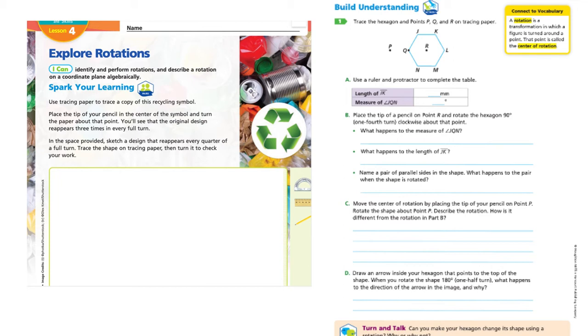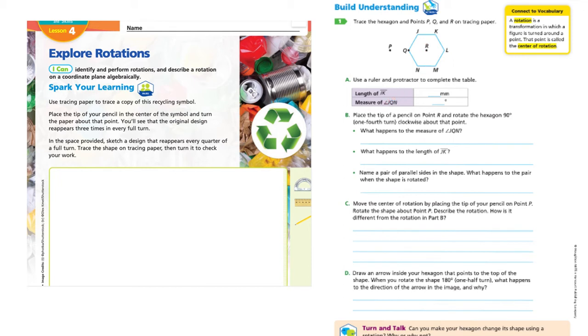Then it says C. This one's a little interesting. Move the center of rotation by placing the tip of your pencil on point P. So right here, you're going to put your pencil there. Rotate the shape about point P. Describe the rotation. How is it different from the rotation in part B where you used R as the point of rotation, center of rotation? So if you think about it, it's almost like a string being attached and you're just rotating this whole thing